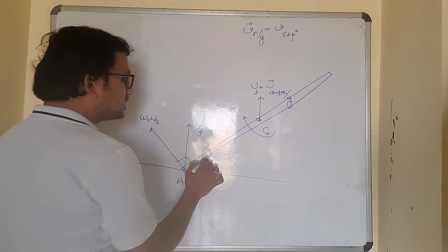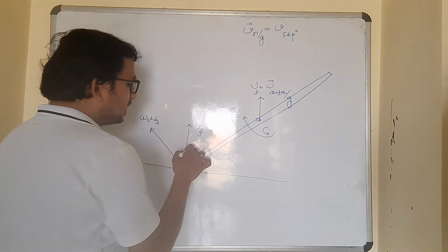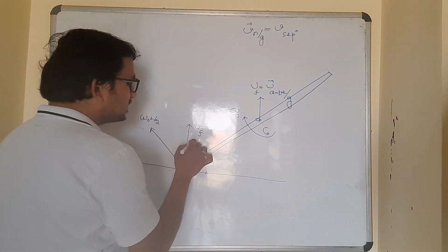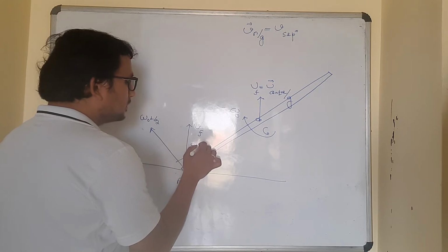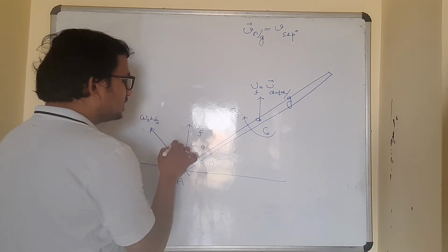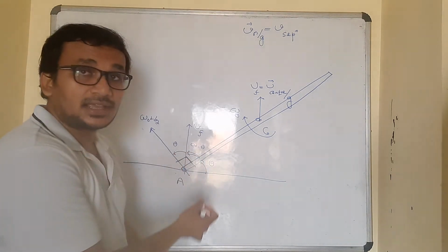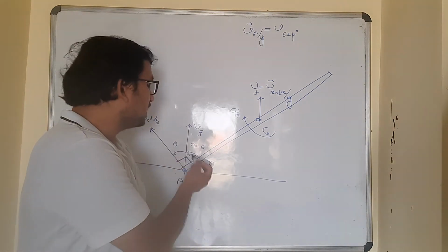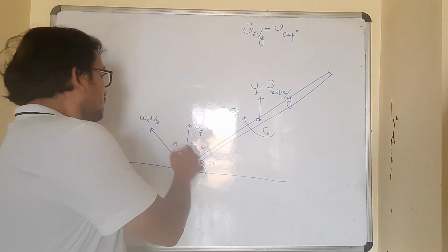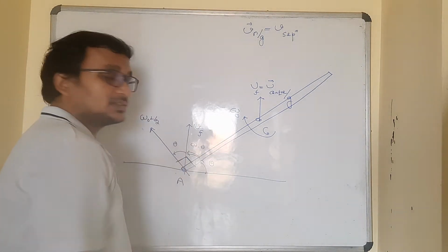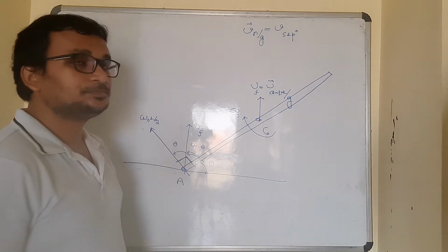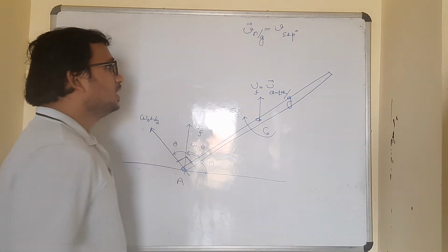This angle is theta. This vertical line, so what should be this angle? 90 minus theta, isn't it? So what should be this one again? Theta. Because this angle is 90. Sum of this angle and this angle is what? 90. So this part is again theta. This angle is again theta. Yes.